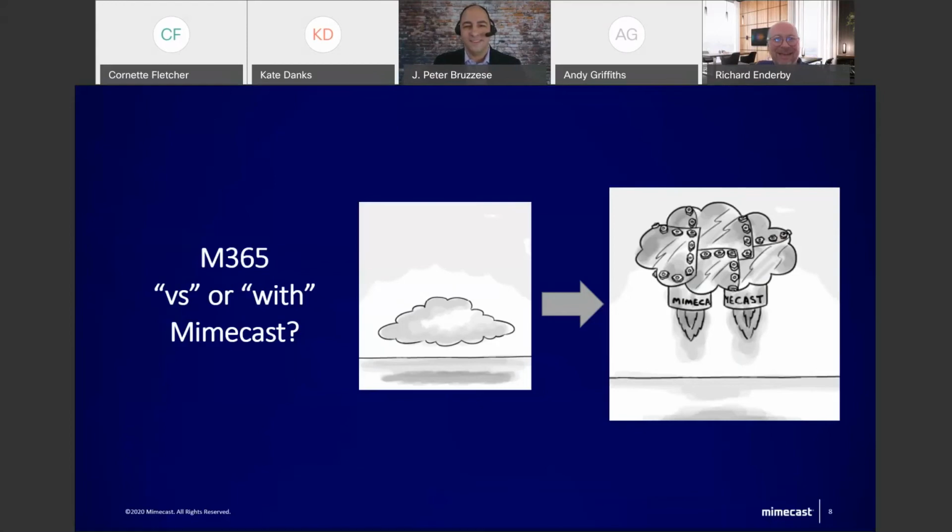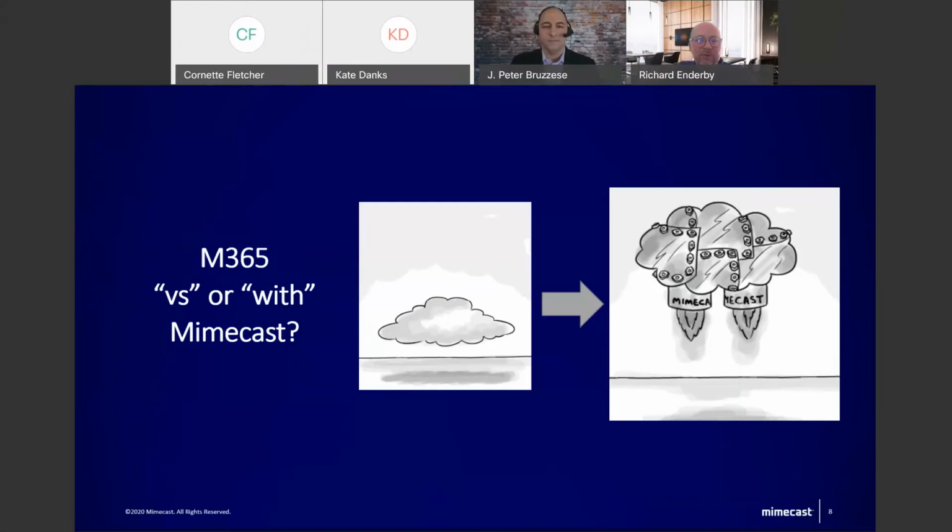Yeah, it definitely looks like a cloud on steroids, that one, which is probably a great way of explaining Mimecast security. Talking about online Exchange, I've had a question come through saying, do you see the recent Hafnium attack as a reason for organizations to abandon on-premise Exchange once and for all and move to M365? I know I spoke earlier about customers making that transition, but do you think that attack's going to speed up that process? Honestly, I do believe that it's going to affect people who are kind of on the